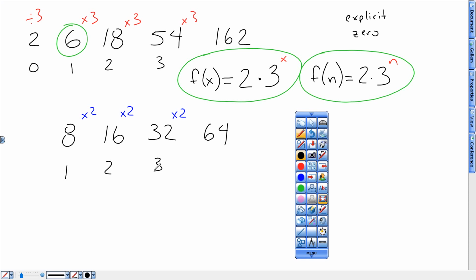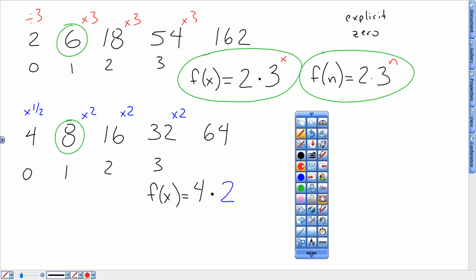You could, of course, always go backwards, reversing that pattern, dividing by 2. And remember, we really like to show it timesing by 1/2. Dividing by 2 is the same as timesing by 1/2. And I'm taking this 8, timesing it by 1/2, or dividing it by 2, gives me 4. So for this one, it's going to be f of x equals that 4 times 2